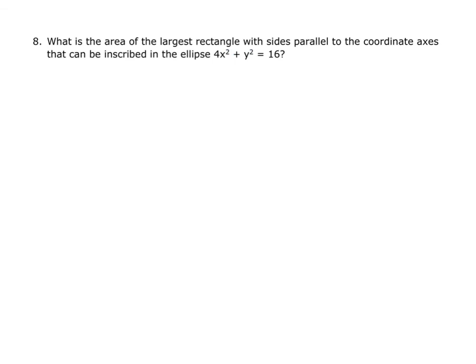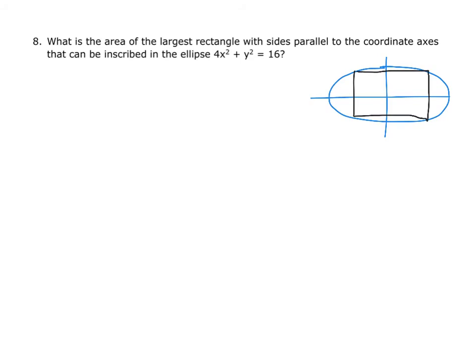All right, what is the area of the largest rectangle with sides parallel to the coordinate axes that can be inscribed in the ellipse? All right, so we have an ellipse. I don't remember what this looks like. The largest rectangle that can go inside of it. Again, these are always symmetric. So this is x and this is x, right? And then the area would be 2x